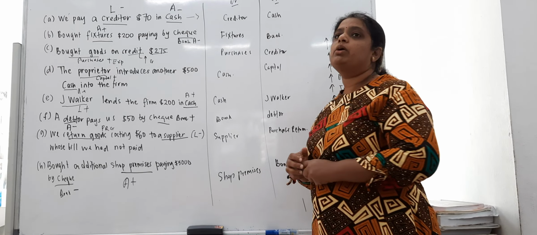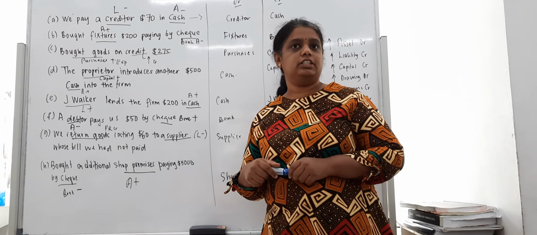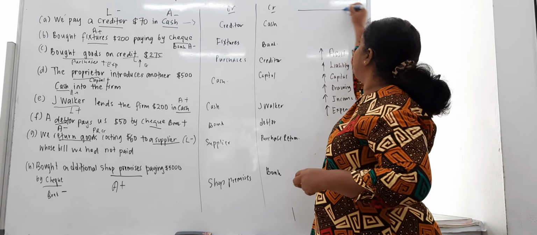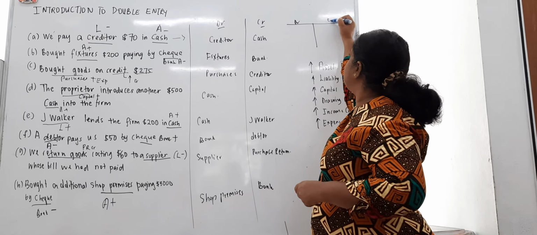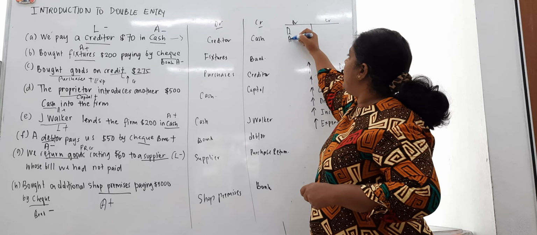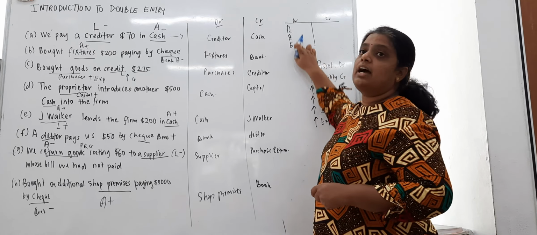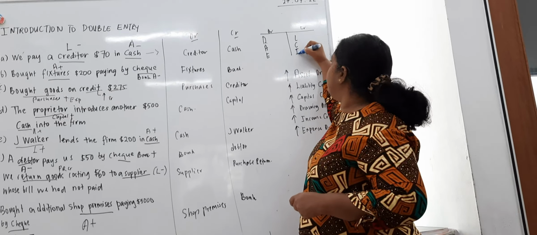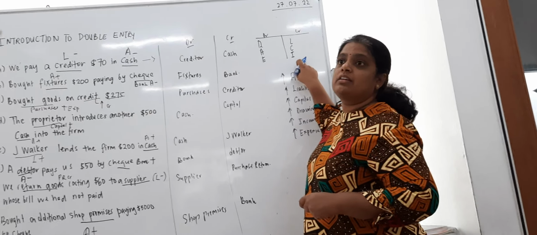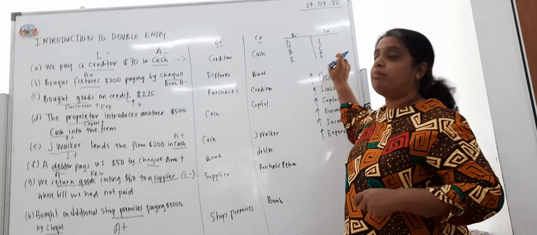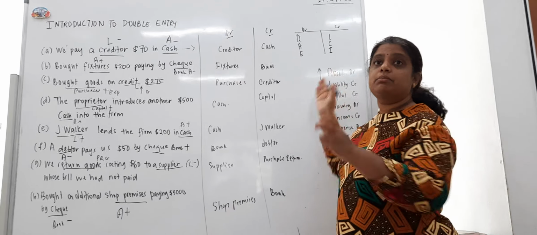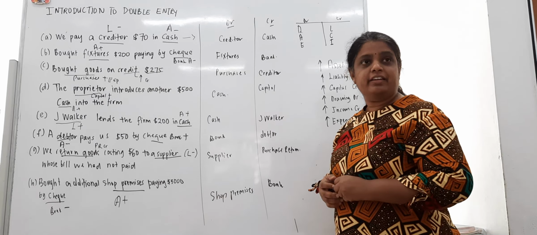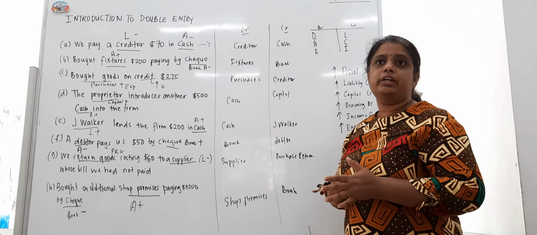See? It becomes easier once you know this. Do not try to remember, oh, increase means debit, decrease means credit. Is it correct? No. It depends on the type of account. So, if I were to do a T, this side is your debit, this side is your credit. Drawings, asset and expenses. These are the ones that increase on your debit side. Liability, capital and income. These are the ones that increase on the credit side. So I'm only talking about increase. If it's decrease, it must be opposite. Any problem? Okay? Alright. So this is also a revision before your